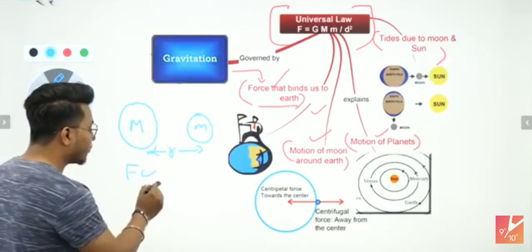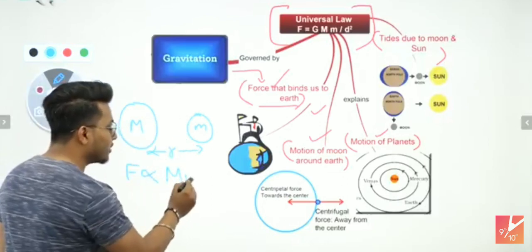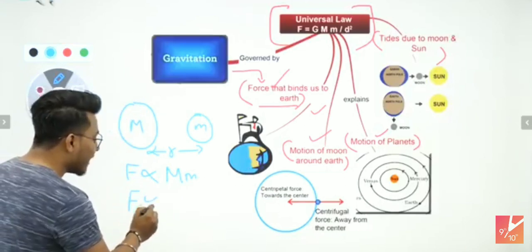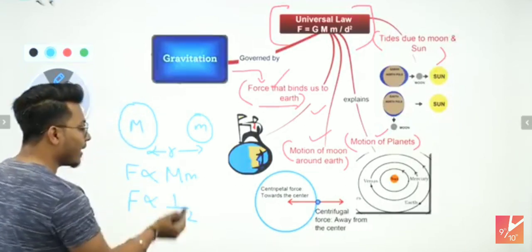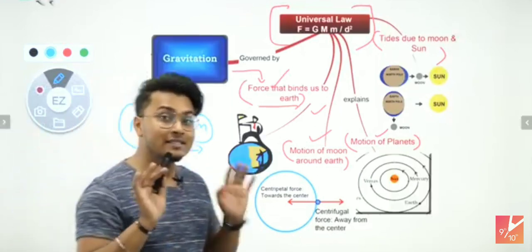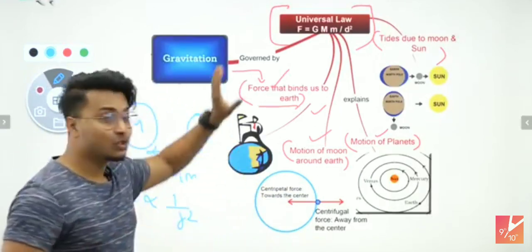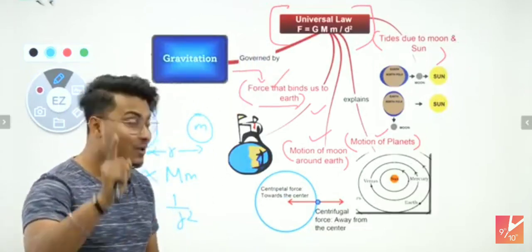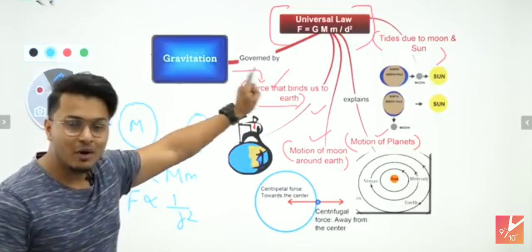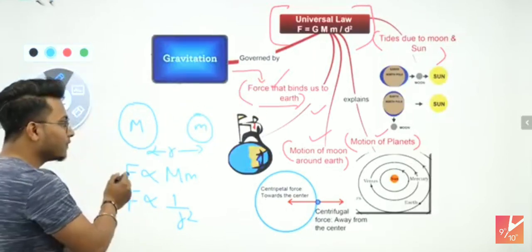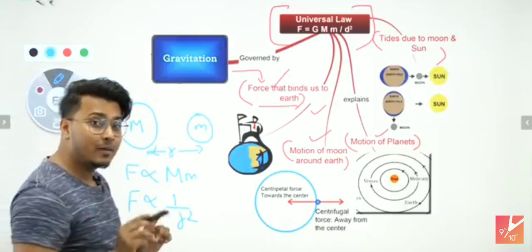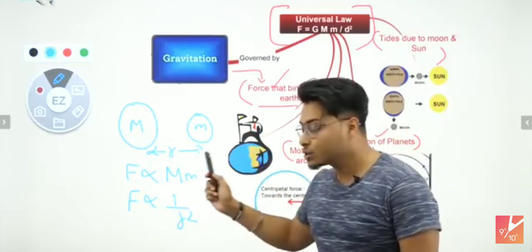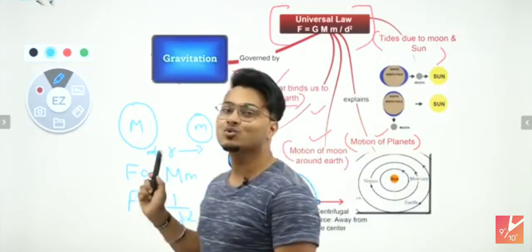is directly proportional to the masses, directly proportional to the multiplication or the product of these masses, and this gravitational force is inversely proportional to the square of the distance between these two masses. That's what Isaac Newton said. That is the universal law of gravitation, which can come for 2 marks in CBSE 9th right now. So what is the universal law of gravitation? It states that the gravitational force between any two objects is directly proportional to the product of the masses of the objects, and also inversely proportional to the square of the distance between these two objects.